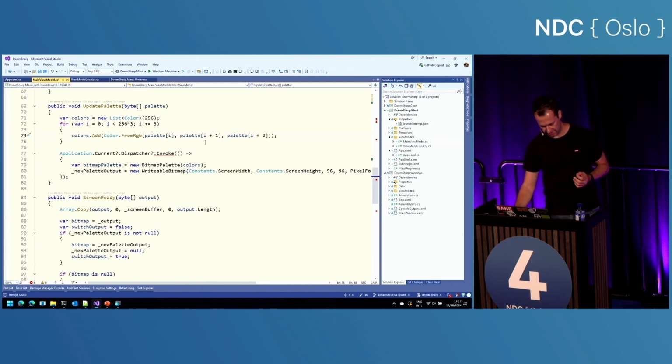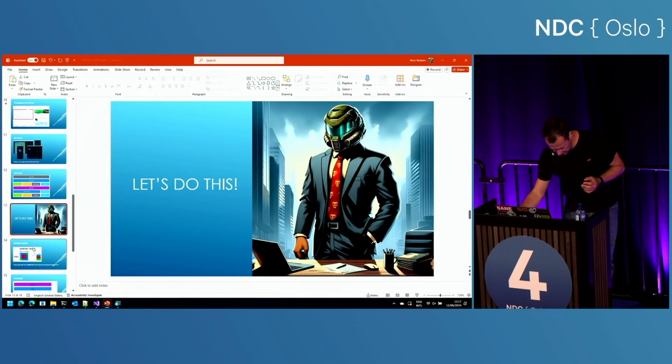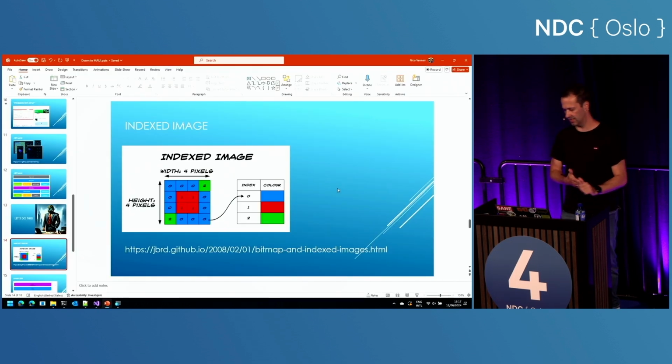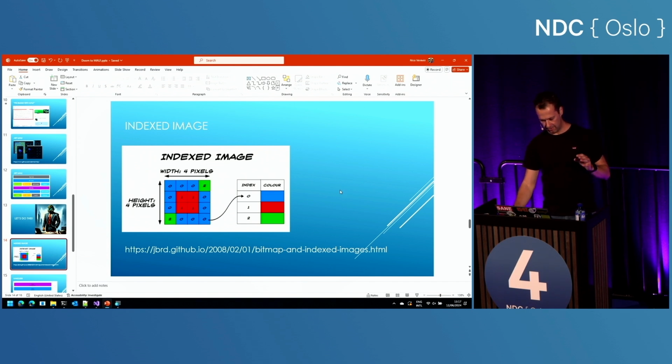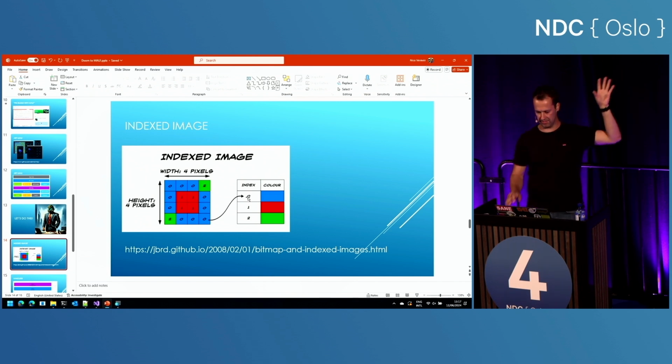Now what this does is, for the update palette, I'm just gonna pull up the next slide here, just like this. So the writable bitmap, or DOOM, works with an indexed 8 image, meaning that we are not getting an array of pixels, we are getting an array of addresses. And there is a table filled with this address means this color, which is what you see in a simplified version here on the slide.